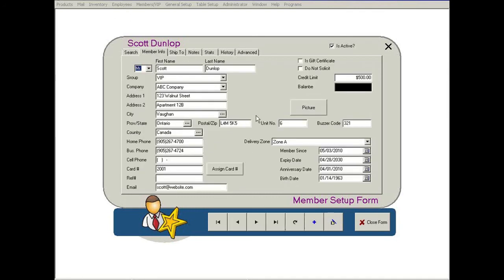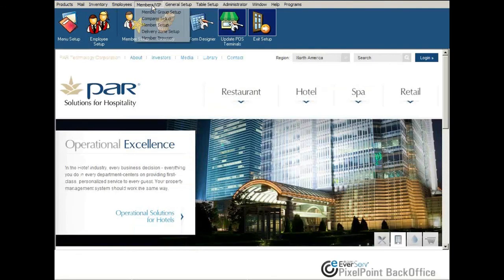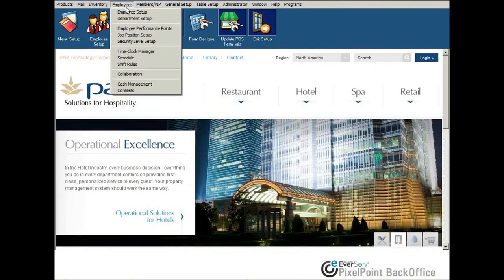And that is member setup. Okay, so we've got off everything within members pretty well. So I'm now going to skip on over to